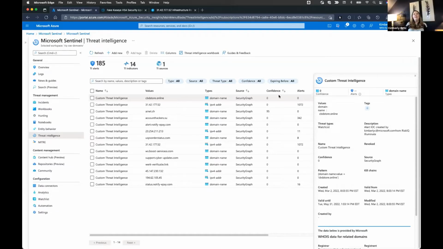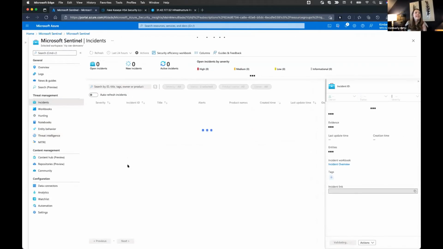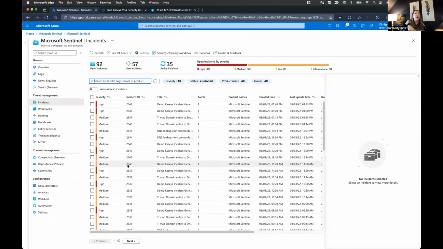So that kind of wraps up my first scenario. Going back here to the incidents tab, hopefully you can see how scheduling these playbooks to run automatically is going to lead you to surfacing these higher priority incidents for investigation to the top of your queue. So you can just boom, boom.